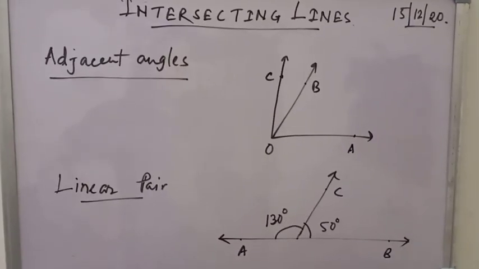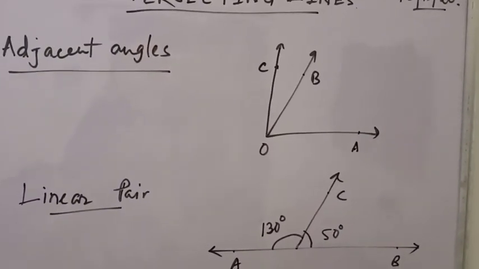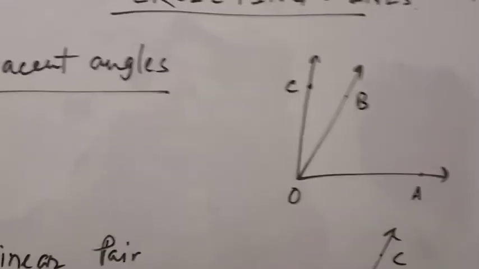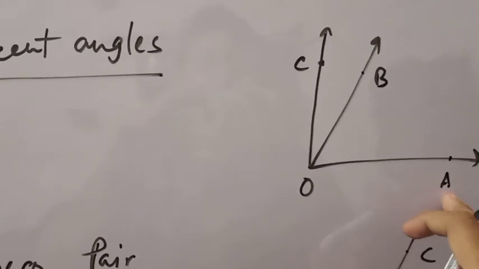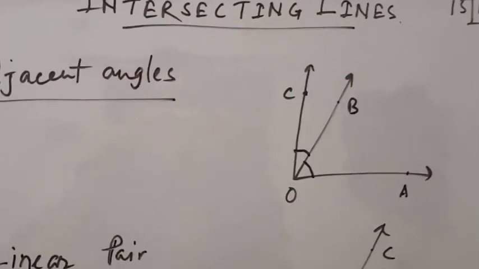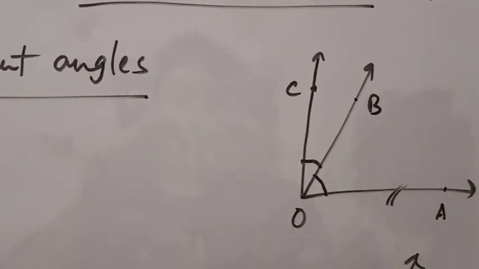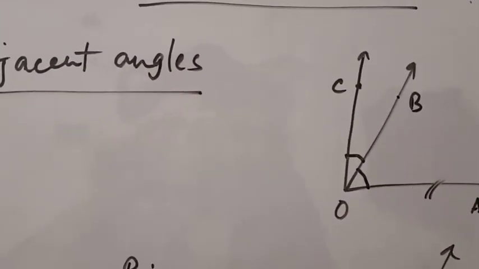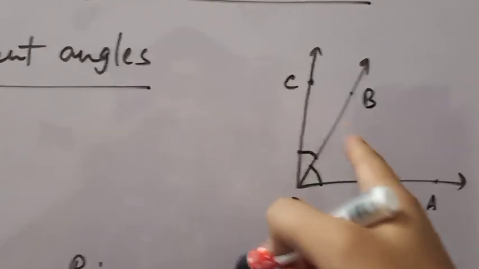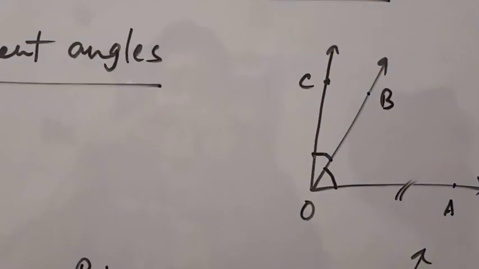Firstly, we are talking about adjacent angles. So, what are adjacent angles? Two angles are called adjacent angles if they have a common vertex. Common vertex, see that? Here in the figure, A is the common vertex, okay? And here these two angles are adjacent angles. They have exactly one common arm. This is the common arm here, and the other arms of the two angles are on the opposite side of the common arm. Okay? So angle AOB and BOC are adjacent angles.